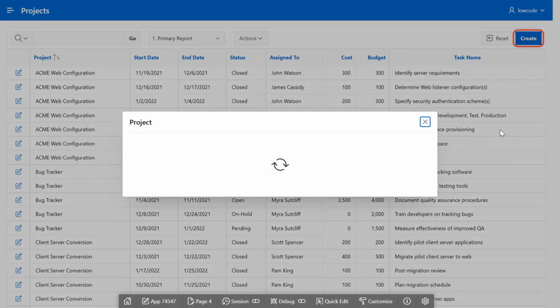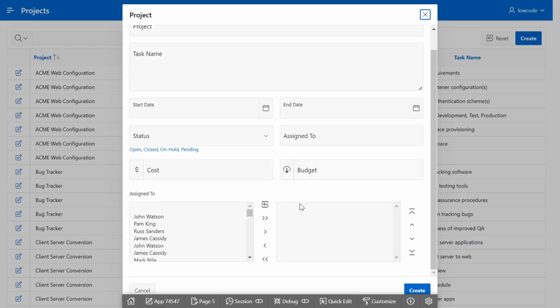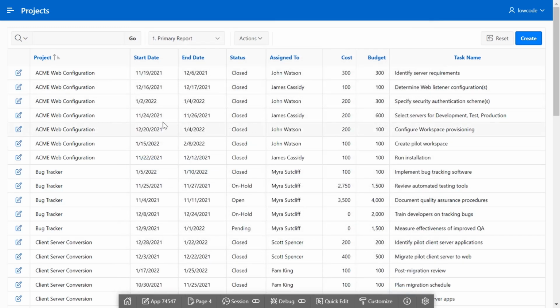Click on Create, and now the Create button appears in the form. This is due to the server-side conditions we set while editing the attributes of the Create button. Now enter the appropriate details and click on Create, and a record will be submitted and the new record appears